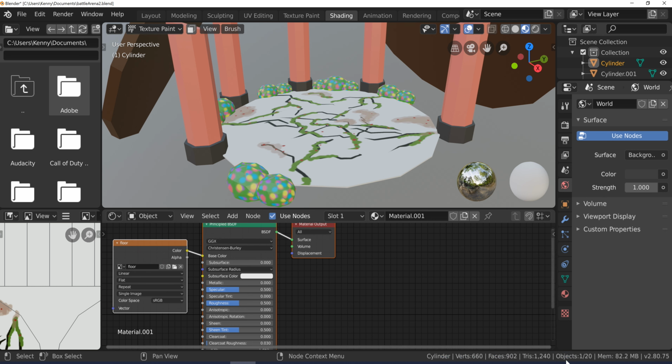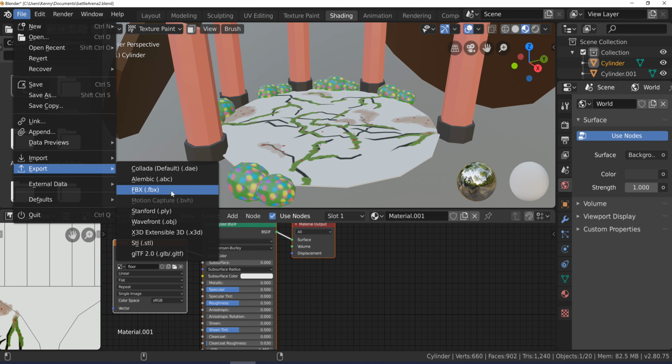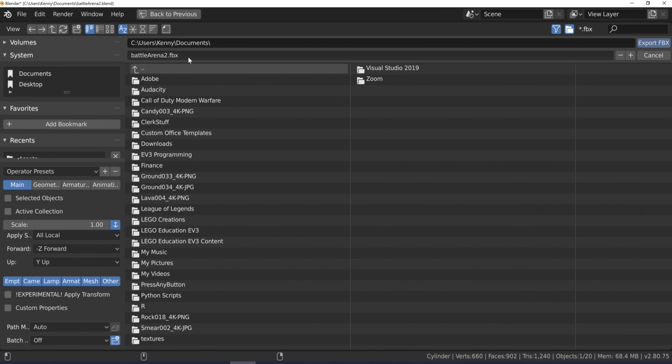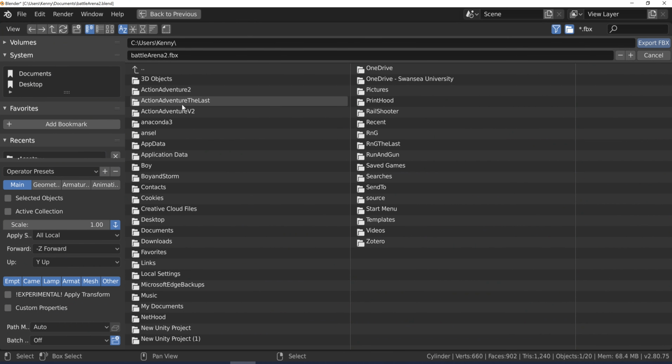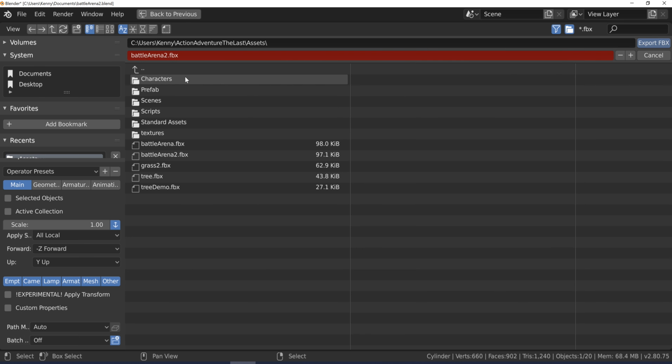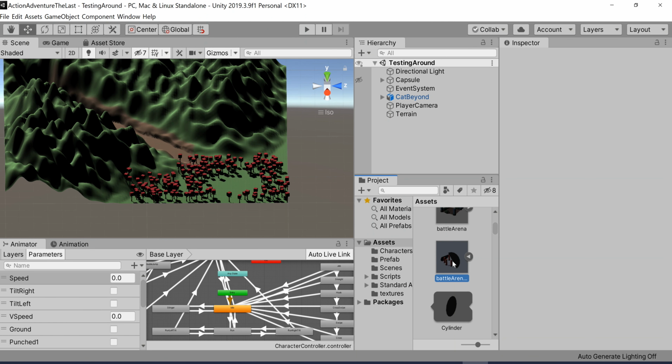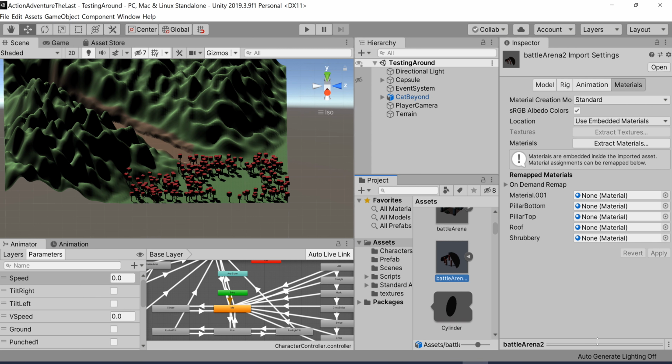So this has created a folder called textures for me, and I'll be able to use that to import when we go to Unity. So to export, we go to File, Export, and then FBX, find the location that we want to export our thing to. I've already got it exported, so that's why it's giving me this red warning, but I will see you in Unity. Okay, so here we are back in Unity, and the first thing we're going to do is take a